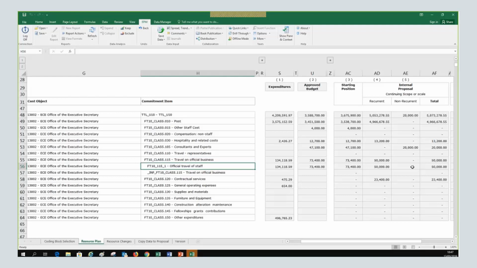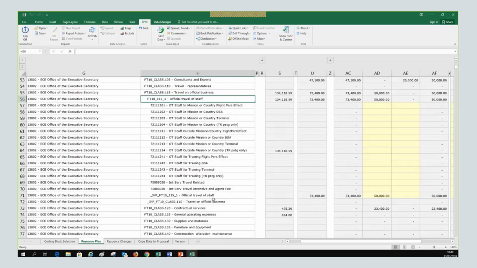What David just clicked is the subclass, but not the IMP class, right? Yeah, that is very important, that you are not expanding. When you see IMP, it's a direct input, and this is something that we are not going to use, right? You have to do it at commitment item level.